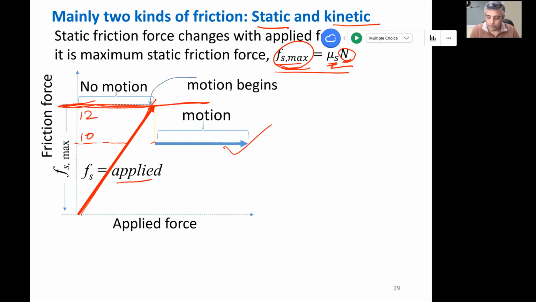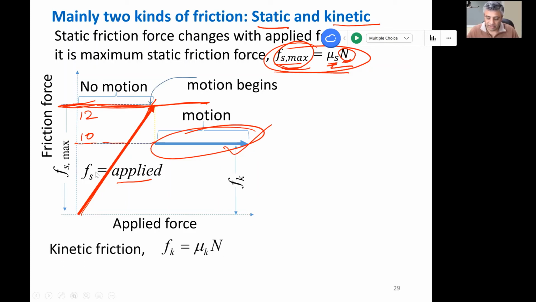So that's the motion thing, and it's fixed, it's not increasing. Maximum value is also fixed. It's given by that equation. This thing is fixed, and it is also given by a very similar equation, okay? The only difference is this friction coefficient. So you can measure those things and you can find those listed. So for you, if this is given, you can calculate this, or you can use this equation depending on which friction force is given, okay? You can calculate mu k, or if mu k is given, then you can find the friction force.